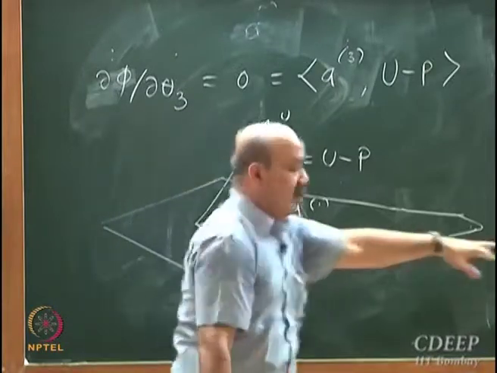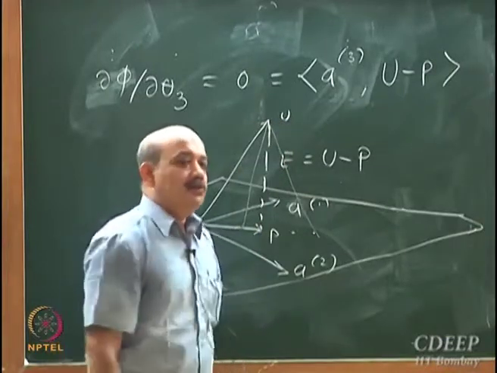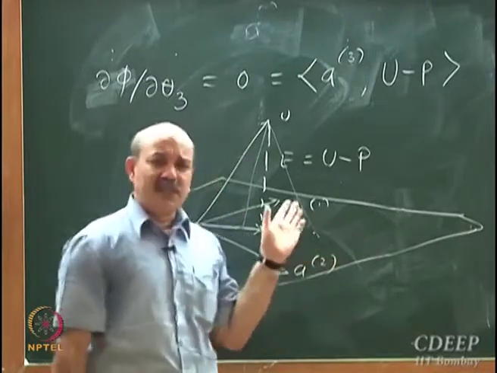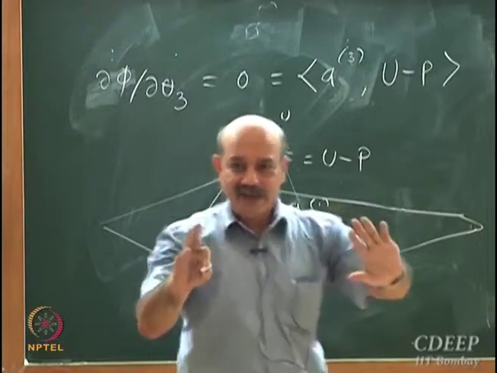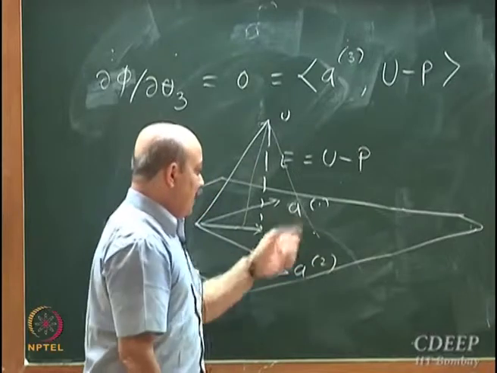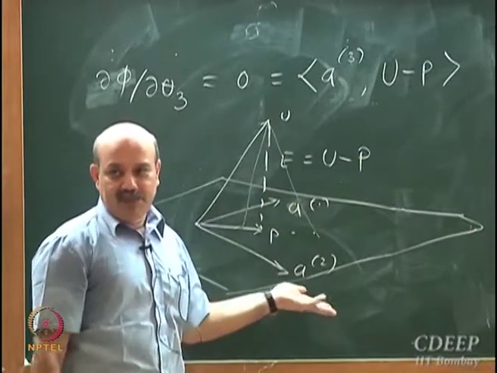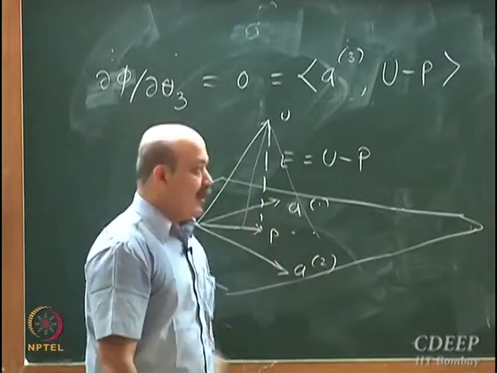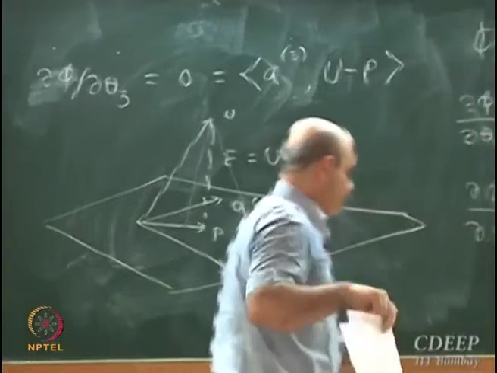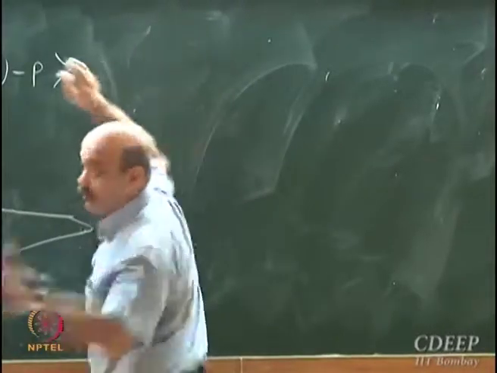Now I need to go back from here. I should start with these 3 equations and show that what you have got is nothing but the same formula of A transpose A inverse. I need to derive that, right? I have just shown geometrically that if I take A1, A2, the plane spanned by this, the error is perpendicular to this plane. So now I need to go back and connect to the A transpose A inverse business. I'll do that. How do I get theta 1, theta 2, theta 3? I get them by solving these 3 equations.